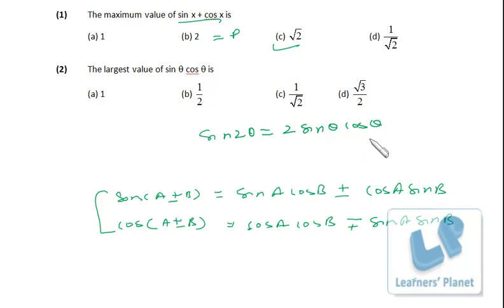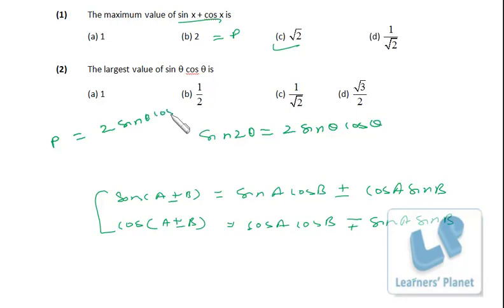Now why are we doing this? You must know why we are doing this. See here, the value of sin theta lies between minus 1 to 1 and the value of cos theta lies between minus 1 to 1, right? Now what I do is, this sin theta cos theta, I just convert it into one trigonometric function. So I can easily apply that concept of sin theta lying between minus 1 to 1, right? So here sin theta cos theta, I just write it as p. So p is equal to sin theta cos theta,